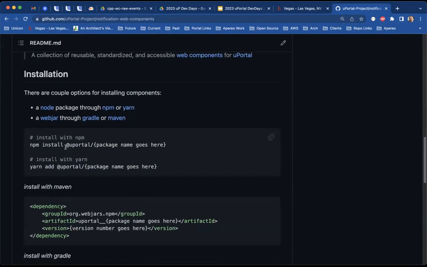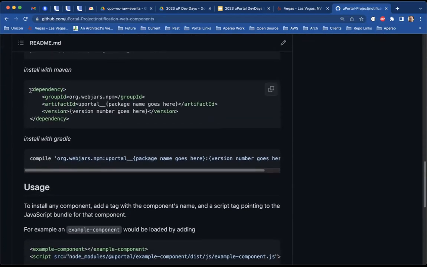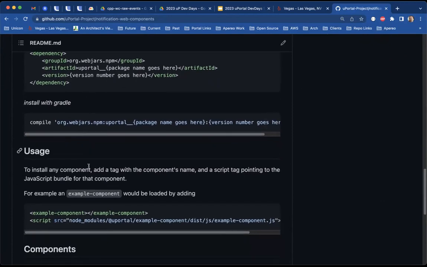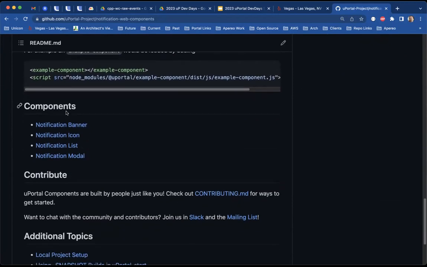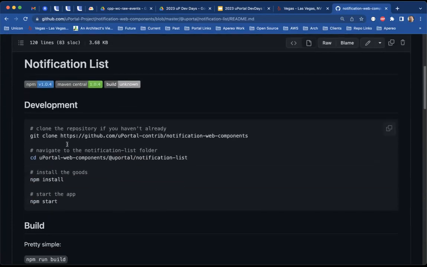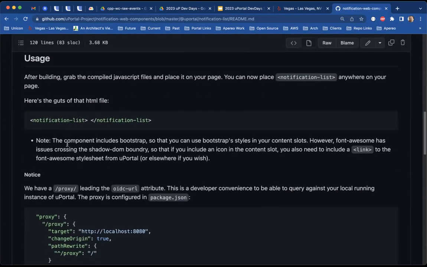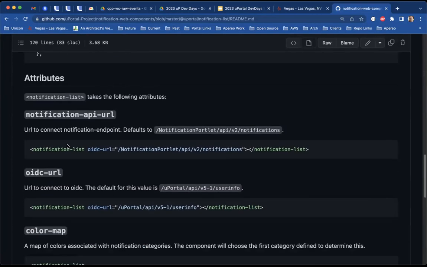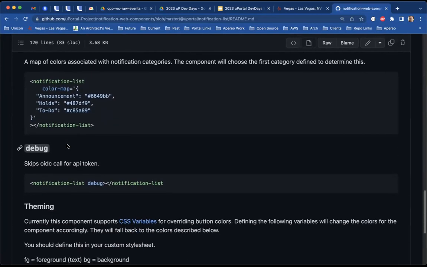All right, so there is a README that helps you with how to create the dependency inside of resource server, etc. And it tells you about the 4 different ones. Let's hop into the list. Oh, shucks, it doesn't even tell you about